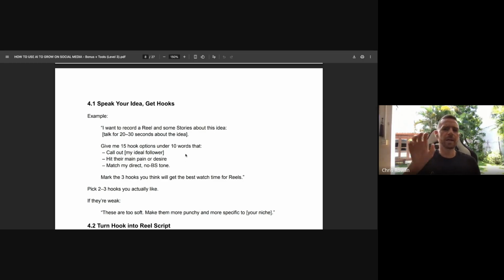The difference compared to what I'm teaching you now and what was in the last module was trying to figure out what content you should be posting. What are your pillars? What's the direction of your account? What we're working on now is once you have that, how do you keep creating more content using them pillars on a daily or weekly, monthly basis, however you want to do it.